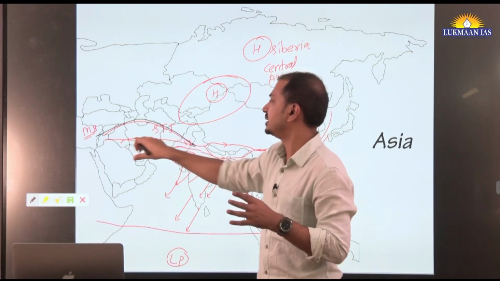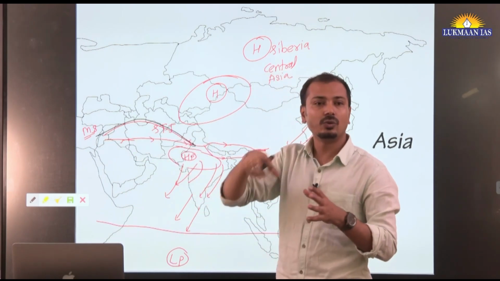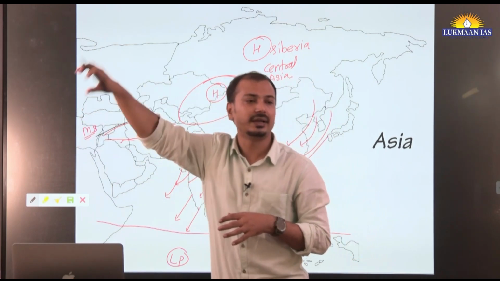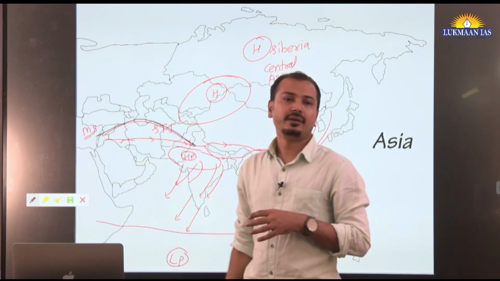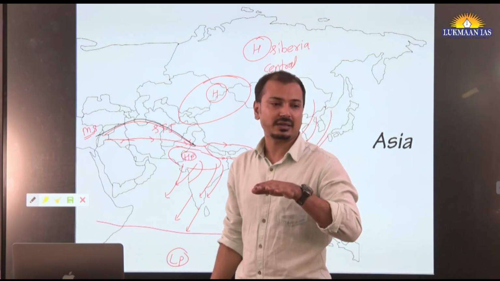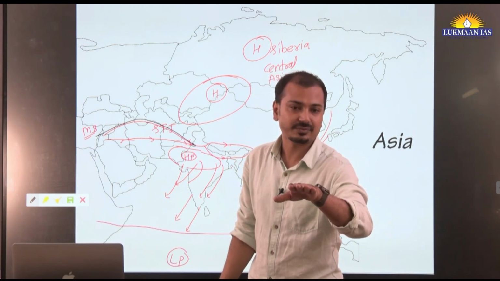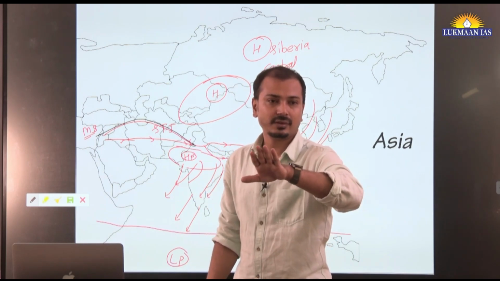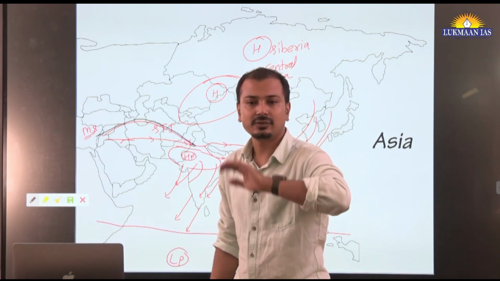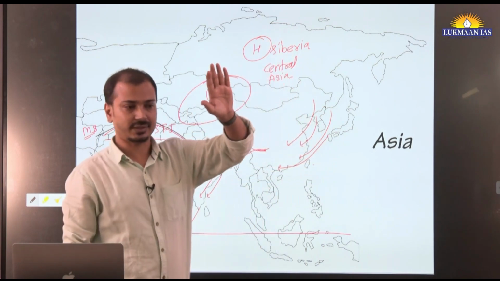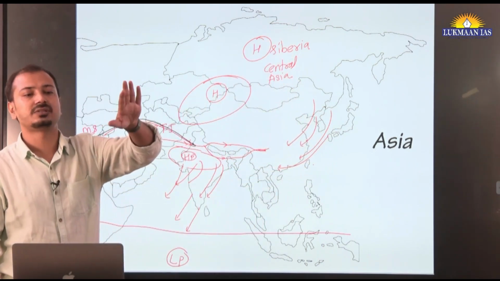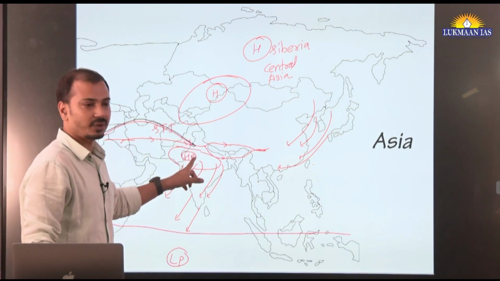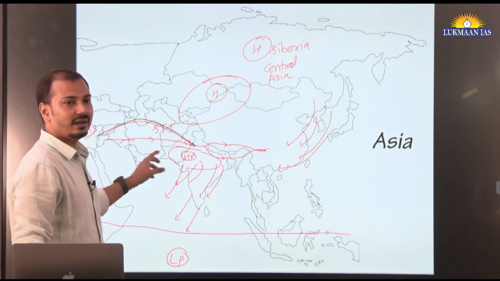ये jet stream जिस direction में जा रहा है उसको नीचे से वो क्या करता है, फोर्स करता है कि तुम भी इसी डायरेक्शन में आइए, because we have very fast moving winds in jet stream, so there will be some kind of friction or drag, no? तो वो इसलिए क्या करते हैं, उसको साथ में लेके आने की कोशिश करते हैं. Not all cyclones are coming there, but some of them reach up to this point,